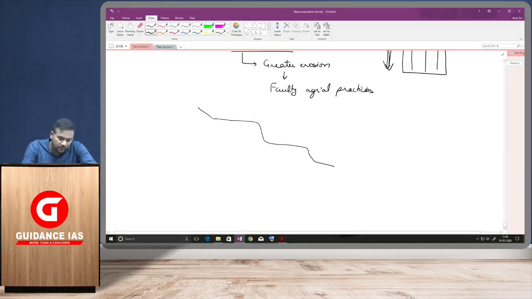So very frequently farmers create artificial embankments here, like this. Why are they making these artificial embankments? So that the water retains and can be stored here. But the problem is, if the water is stored here, this water would infiltrate